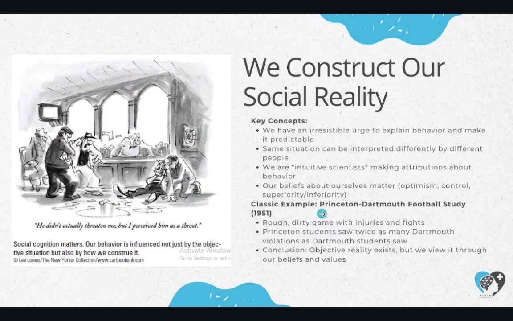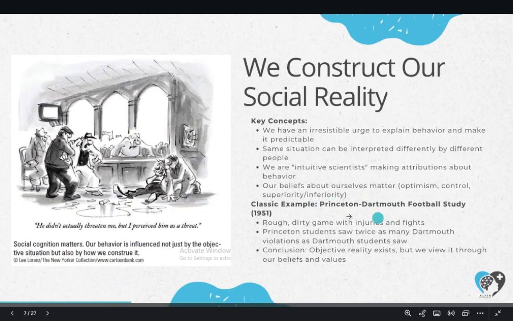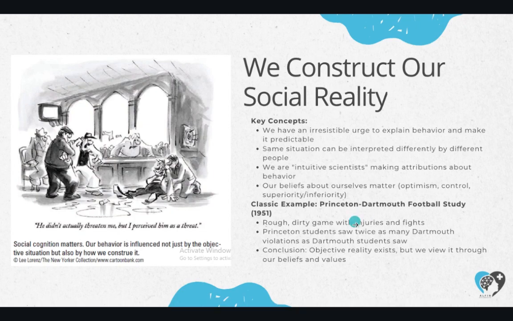Dartmouth said, Princeton had 68 violations, while we only had 8 in total. So what happened is, it's the same game, it's the same film. There is an exact number of violations, but the way it's interpreted is always construed by one's certain beliefs, feelings, and dispositions at the time. Meaning, there is an actual number of violations, an objective reality, an actual motive behind the director expressing her feelings. But how we interpret that is